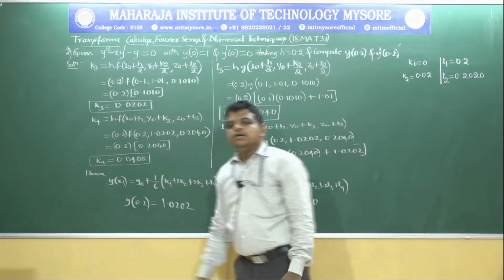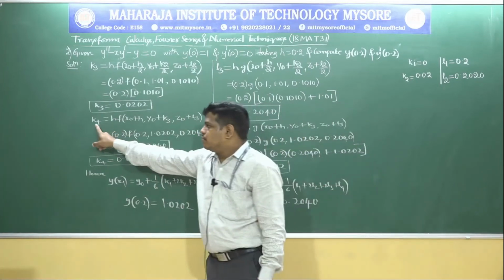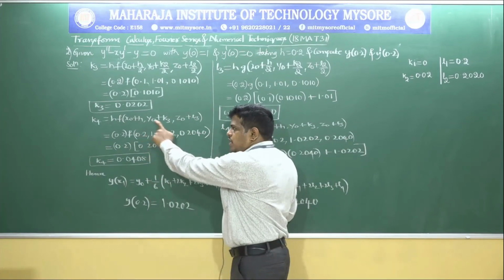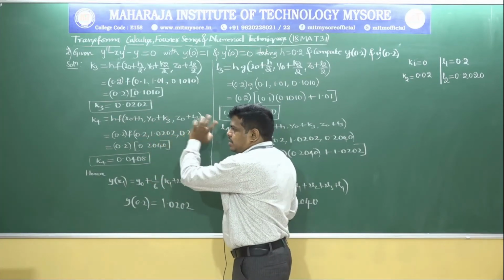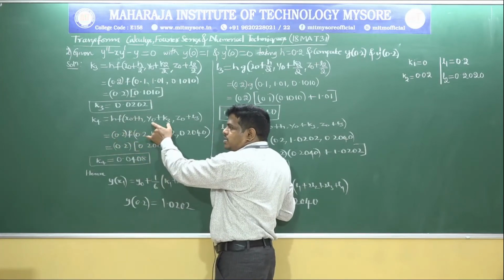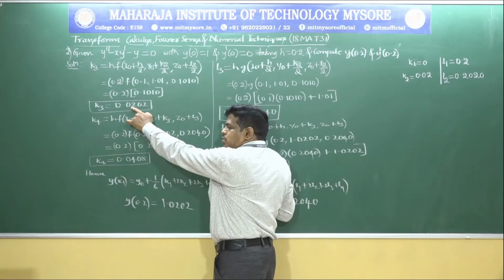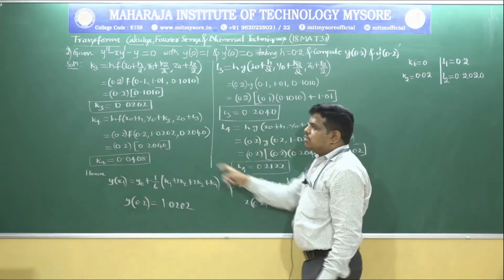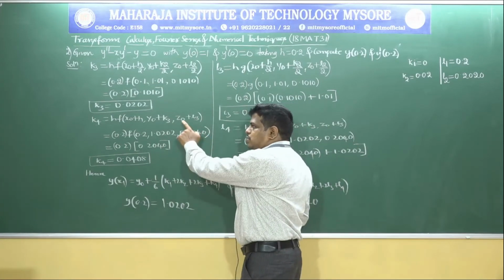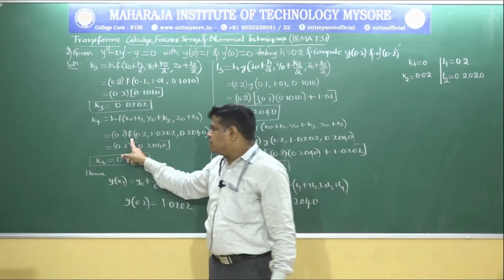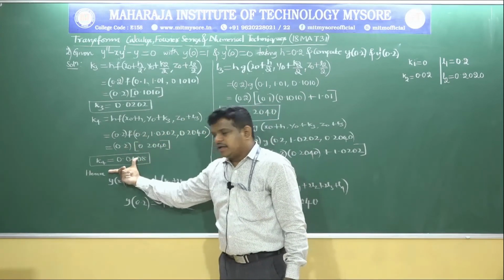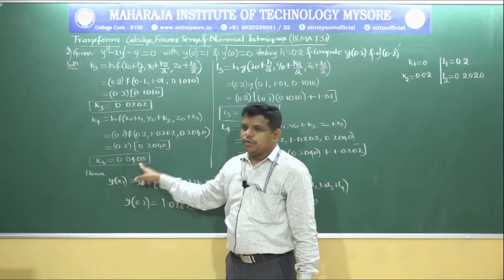Next, after finding L3, we pass on to find K4. K4 is given by h into f of x naught plus h, y naught plus k3, z naught plus L3. H is 0.2, next x naught plus h is 0.2, next y naught plus k3, y naught is 1, k3 is 0.0202, we get 1.0202. L3 value is 0.2040 since z naught is 0. Next, f of x comma y comma z is z. Multiplying h value with z, we end up with K4 as 0.0408.